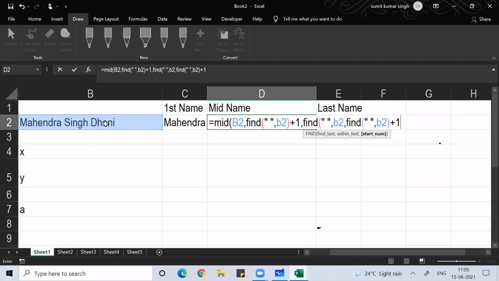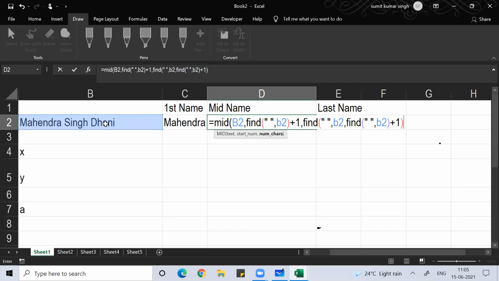That will be your starting number. So it will give you this value. That will be the starting number here. Clear? So we are working on FIND. To find the number of characters, we are using this function.